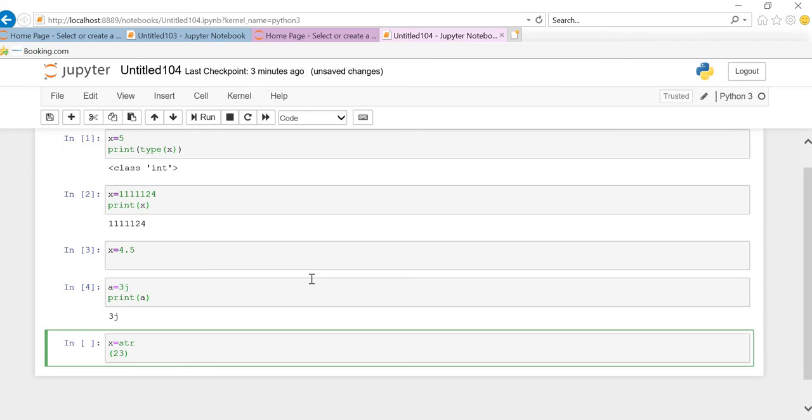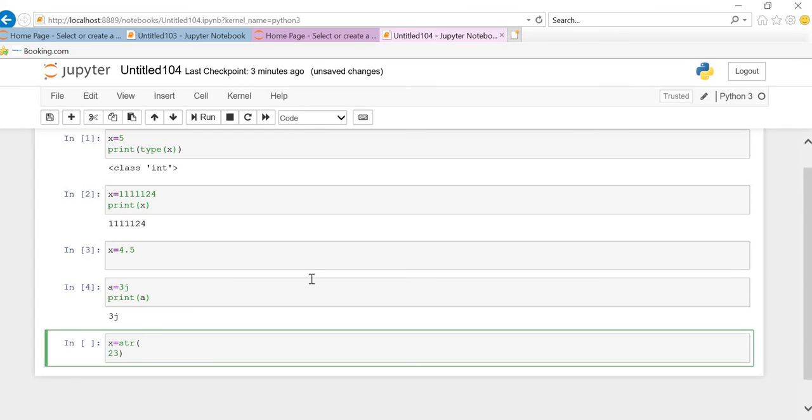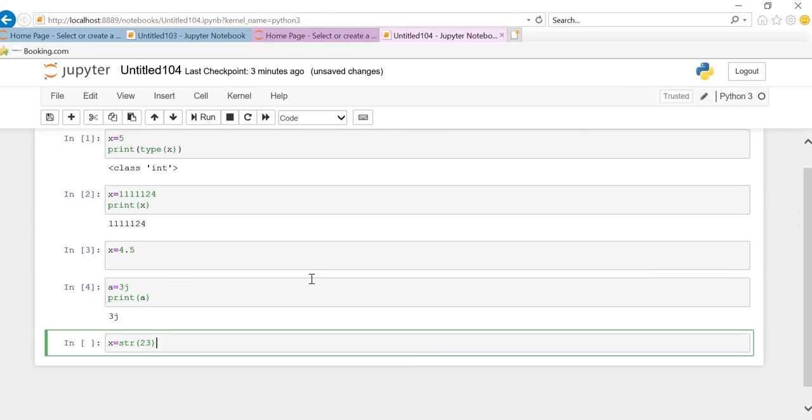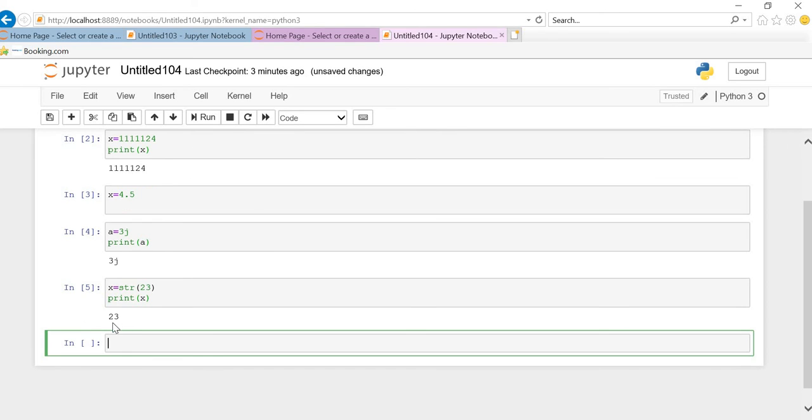Now we'll tell it to print x. Now if we run the code, it will give 23 as a string, confirmed as a string.